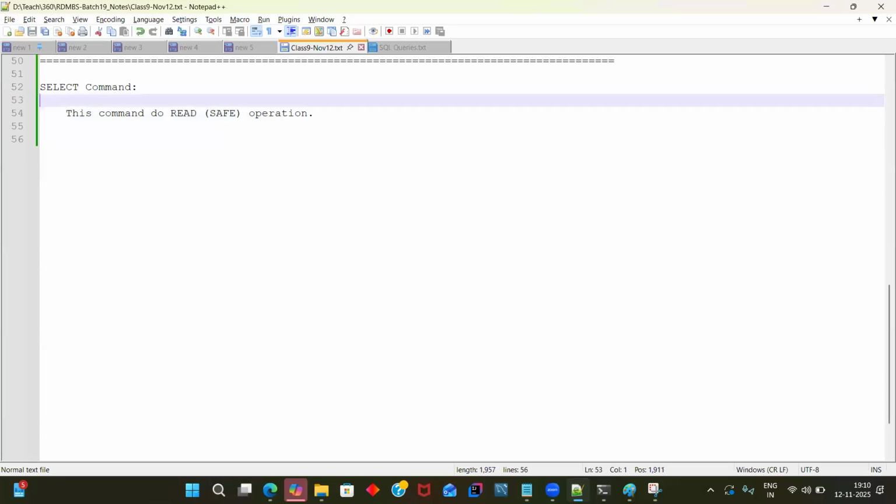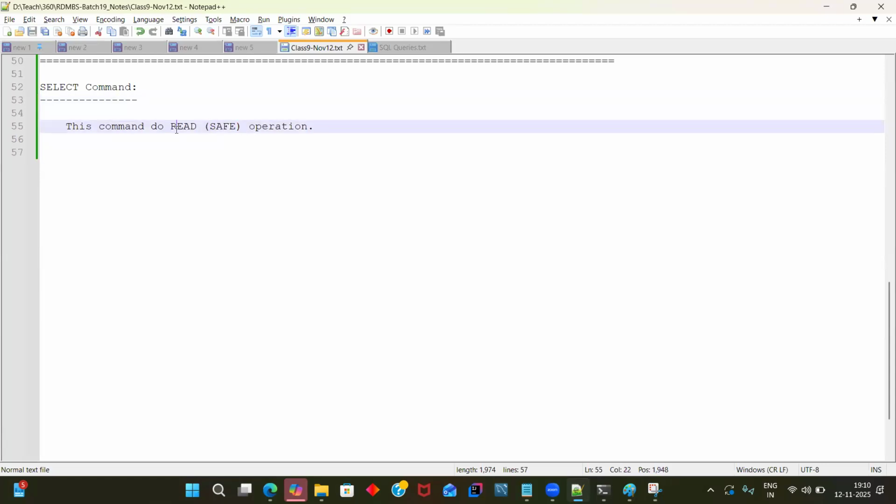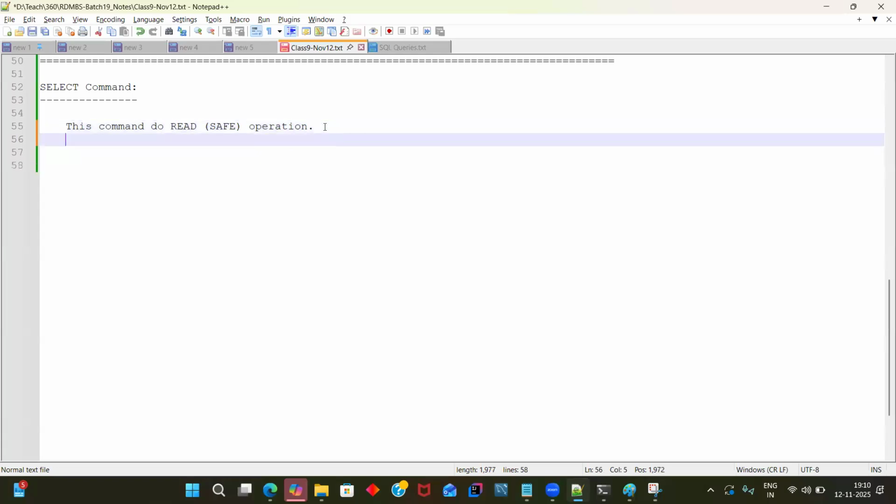If you are a fresher, they will always give you read permission in any project. Because if they give read and write, and you change anything by mistake, it will be a business impact. So this command does a read operation, nothing but retrieving the rows from a table. And it is a part of